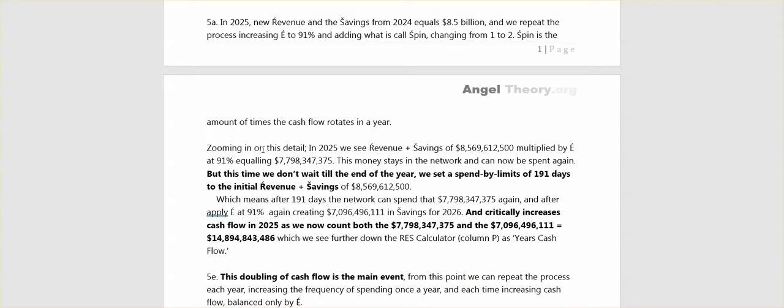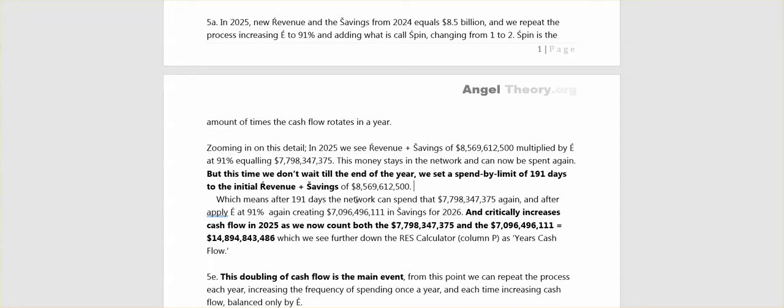Zooming in on this detail in 2025, we see revenue and savings of 8.5 multiplied by E at 91%, equaling 7.7. This money stays in the network and can now be spent again. But this time we don't wait until the end of the year. We set a spend by limit of 191 days to the initial revenue and savings,